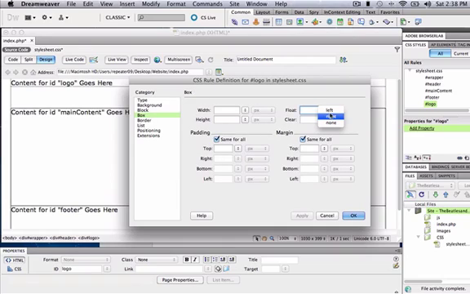I always like to float it left, so that way it would only be on the left container rather than just horizontal. And then we'll go ahead and create a width of, let's see, 150 by, I think